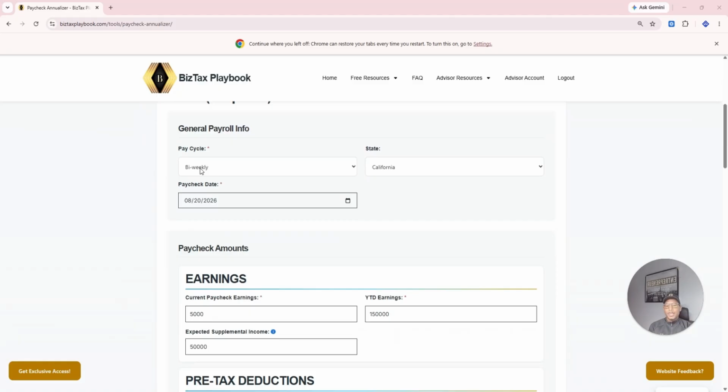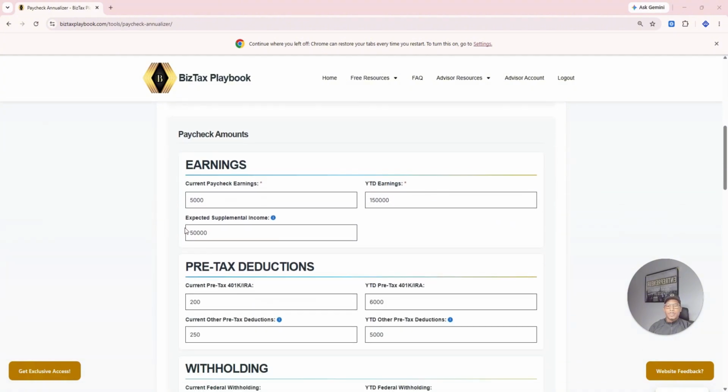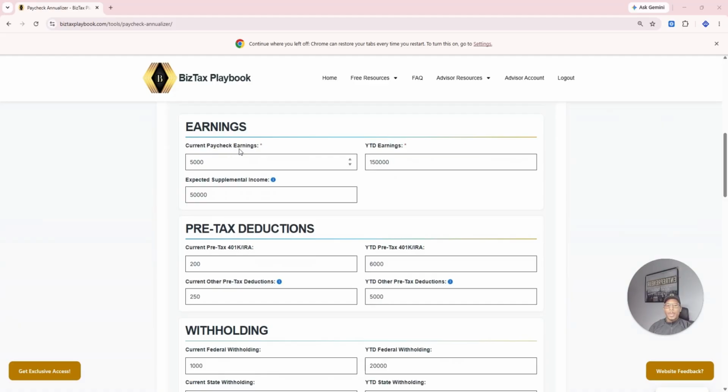So we're looking at a pay stub and we're just grabbing the data for the pay cycle, which is biweekly, the state, California, paycheck date is today's date, and the current paycheck earnings, we're putting 5,000, year-to-date earnings, 150,000, expected supplemental income. This is the amount they expect for the rest of the year. This is not going to include what was already done in the pay stub